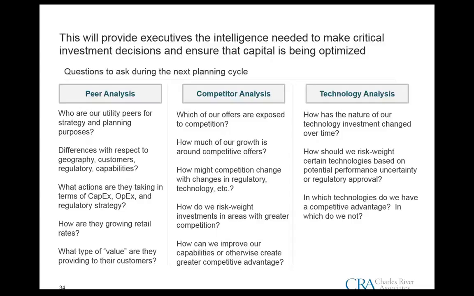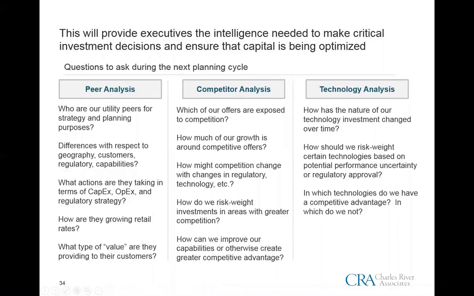And our view is that you need to really bring this external lens to the table and supplement the existing planning process to look at peers and competitors and this technology evolution to ensure that you're making the choices that are going to drive growth, not just in the near term, but also longer term. I think a lot of utilities would admit that there's a cliff that they see in their capital spending in 5 years, 10 years, whenever the case may be. It's typically beyond their forecast period from a financial forecast perspective, but I'm not sure they all know exactly what they're going to be investing in the future.